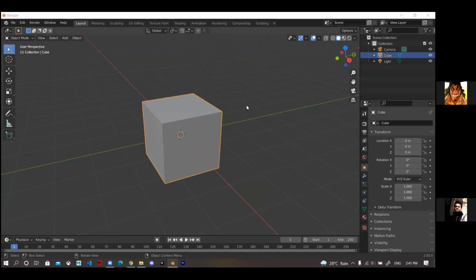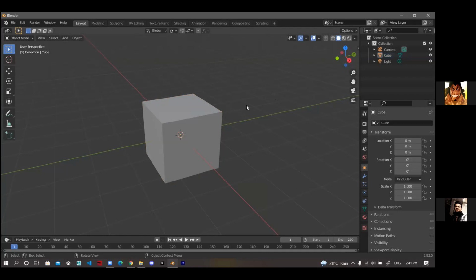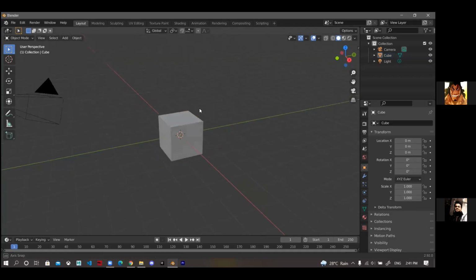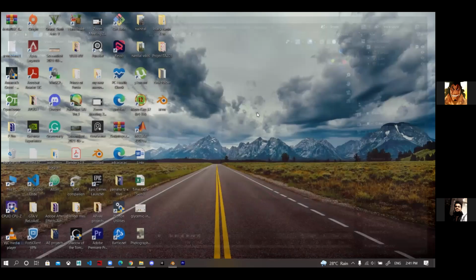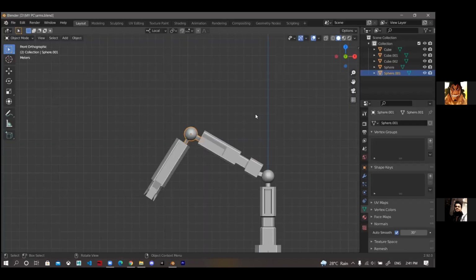Now I will cover the shading and the UV. Nakul has made the cube.